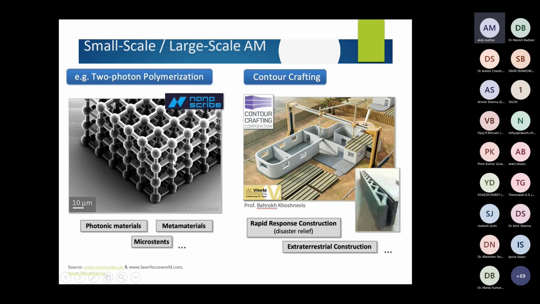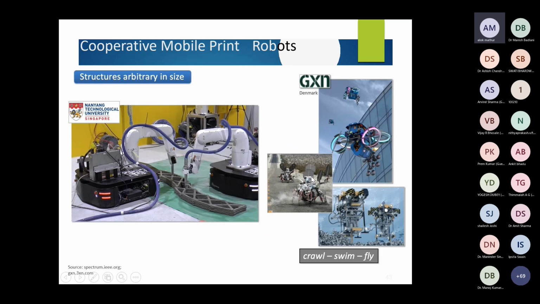And here you can see this is contour crafting, and this is 2-photon polymerization. So photonic materials, metamaterials, and we can use the rapid response construction and extraterrestrial construction. So this is a further advancement in this way.